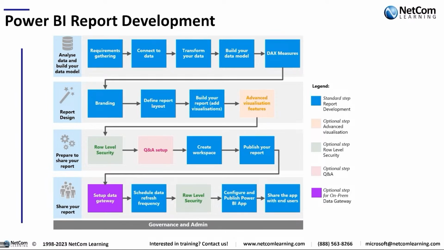Once you've done that, and that takes up a fair amount of time, the next thing we want to do is go into the report design phase of a development project. Here we're going to set up things like branding. This is where we get to the look and feel of the organizational structure. This is where marketing tends to come in, and what colors should I use, and do I need to put a logo in, and all that sort of fun stuff.